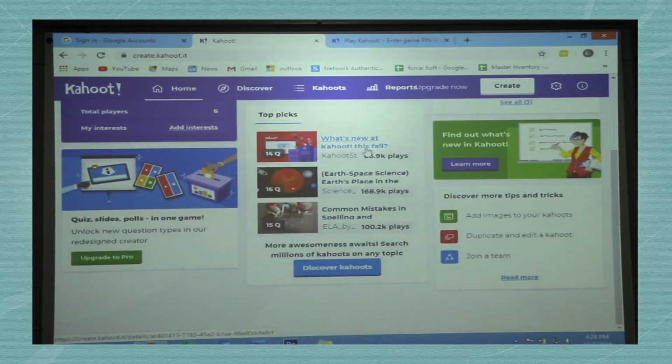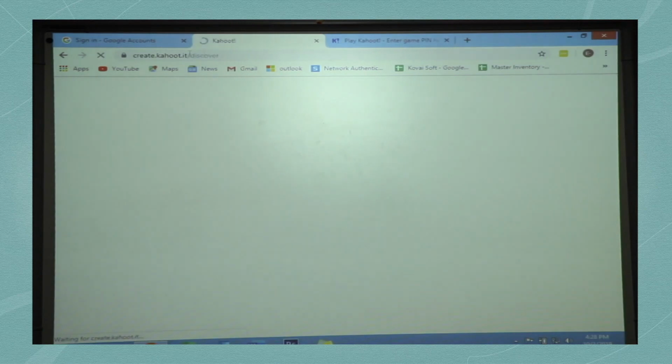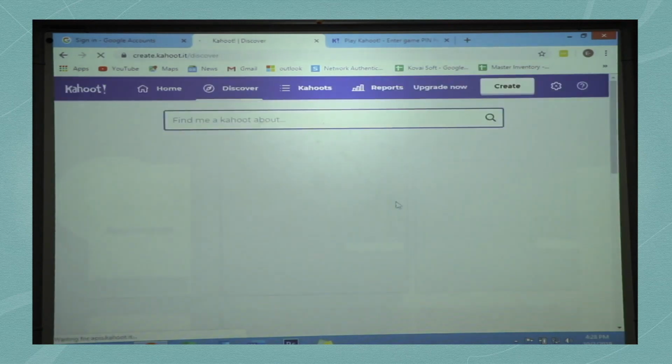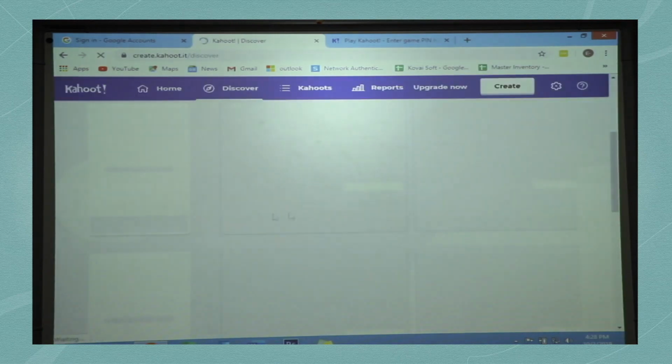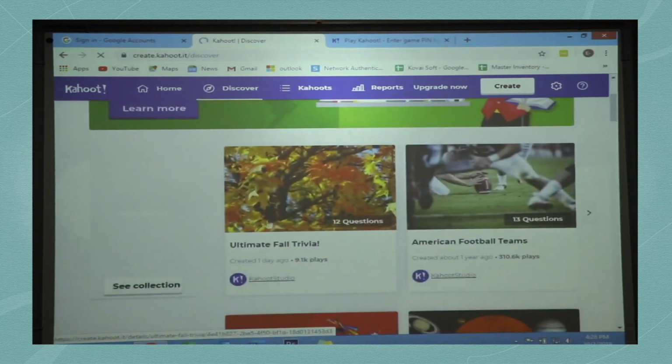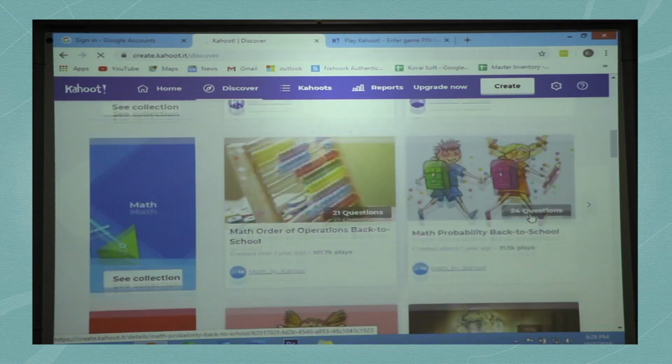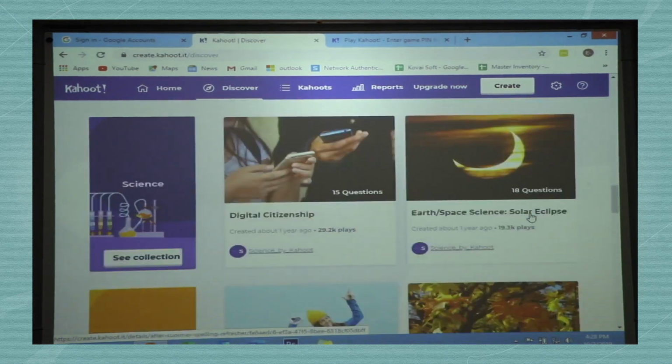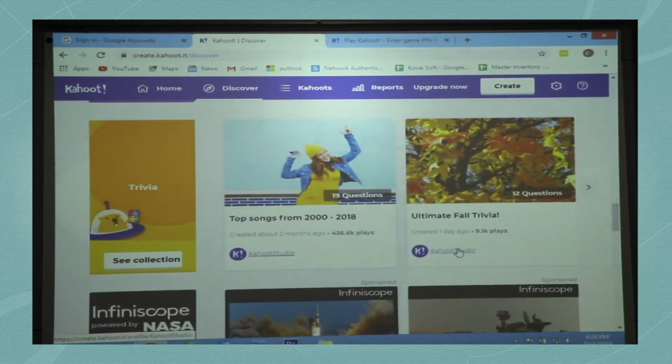See what is new at Kahoot, common mistakes in spelling, and even if you click discover Kahoot, you can see what quizzes are available. See, these are the quizzes already available. If you want to try, you can try any quiz.